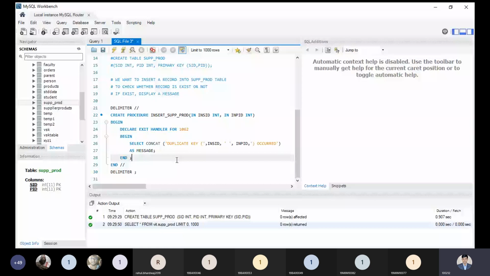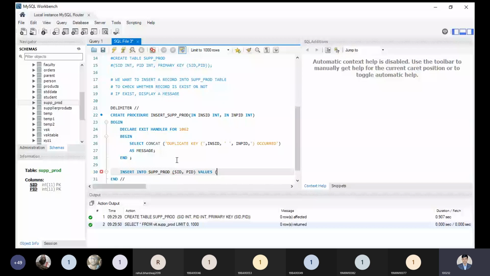Yes, sir. Okay, so here I want to insert something. What is the syntax? Insert into, what is my table name? That is supply production. And what is the first part? That is SID comma PID, and values, the syntax. And here what values must I use?